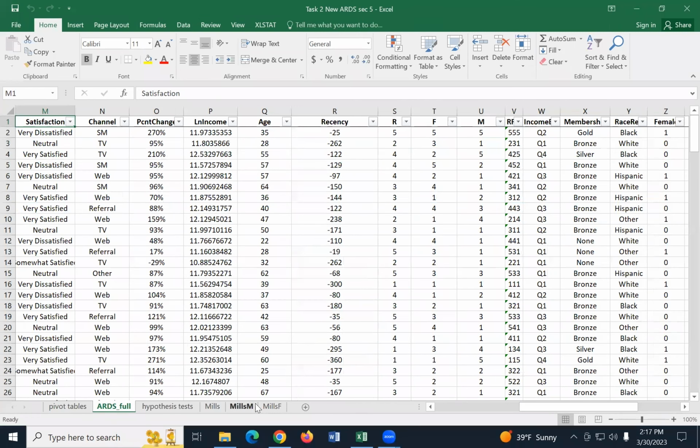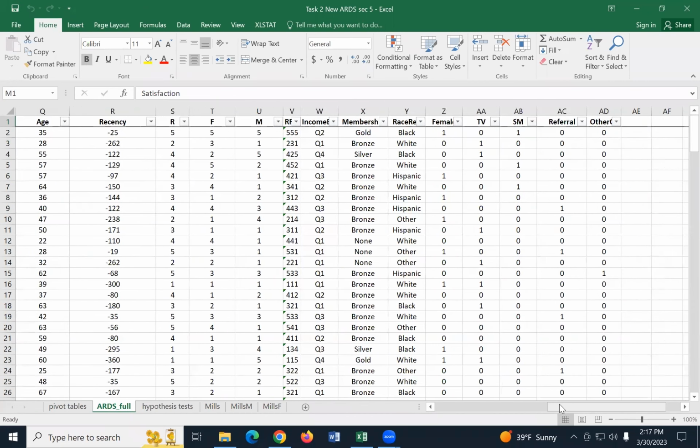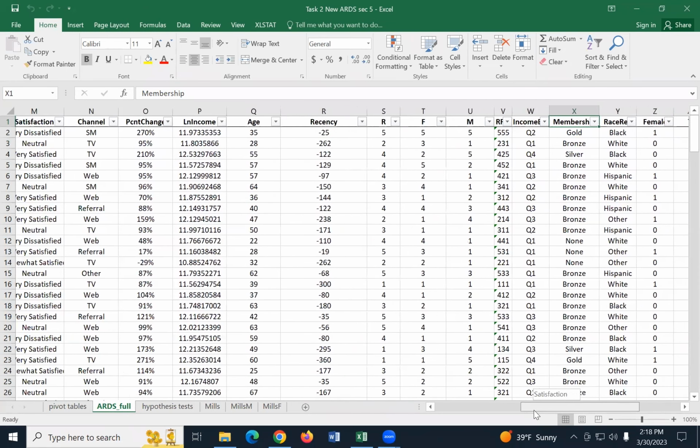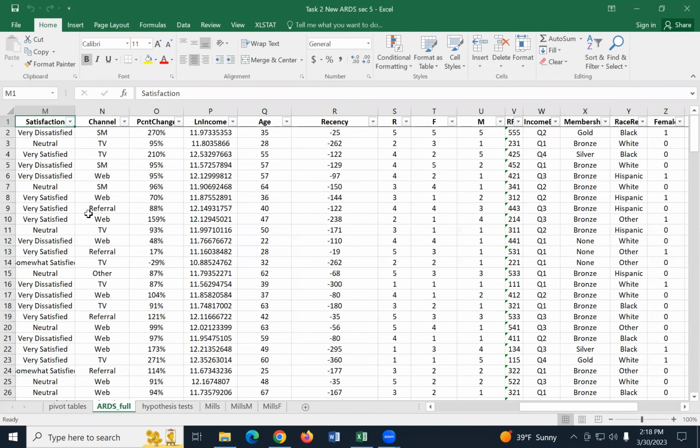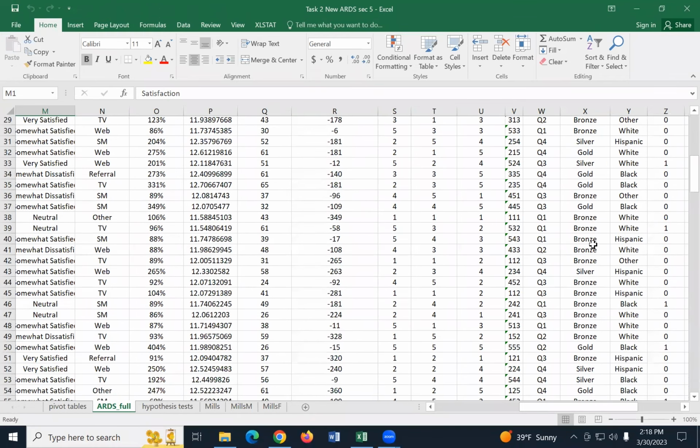And to do this one, we went into the ARDS full tab at the bottom, the worksheet. And I selected, you got to have a whole rectangle that you put into pivot tables. So I just selected the furthest one on the left. We needed to have, where is it? Membership. So I selected membership. No, I went too far. Sorry. I got to find satisfaction. Okay, I selected satisfaction. So M1, and then I came down to membership because these are the two that we need for this hypothesis, right? So I came down to the bottom of membership